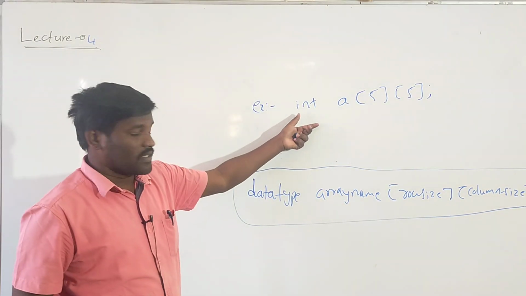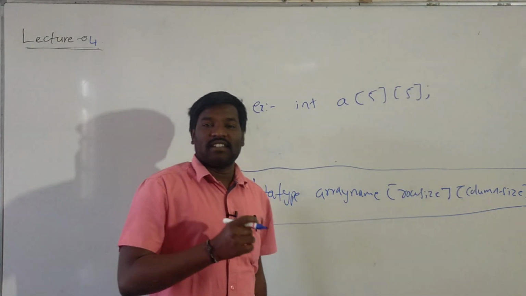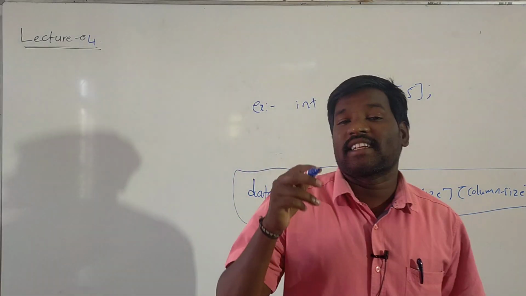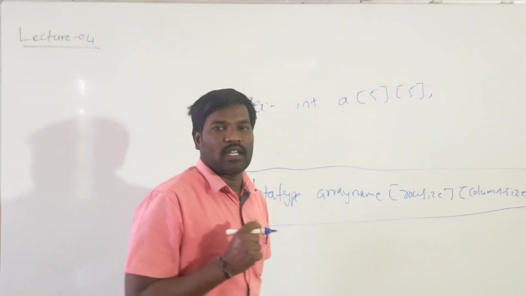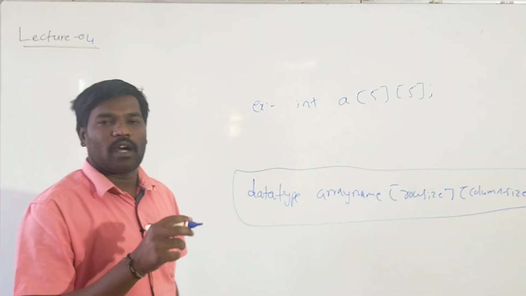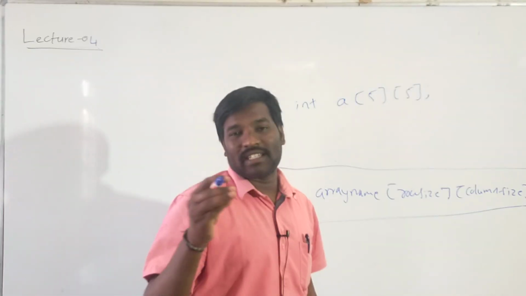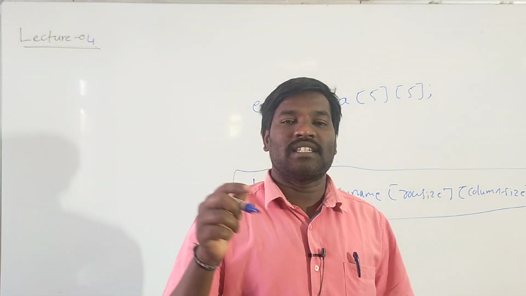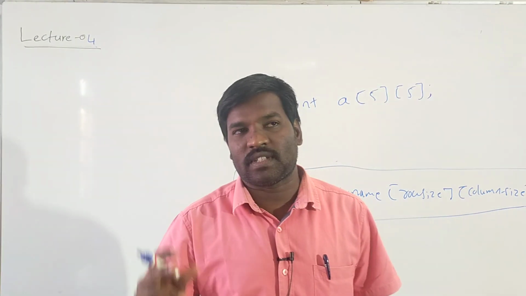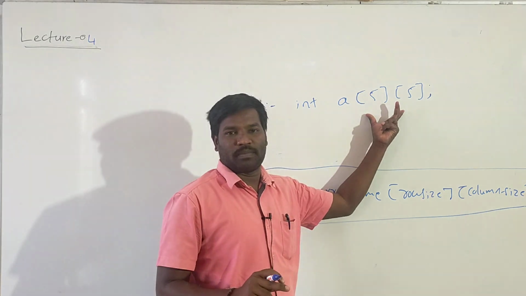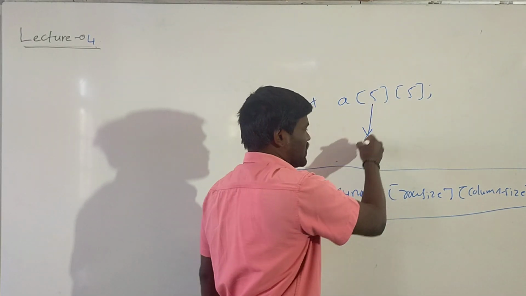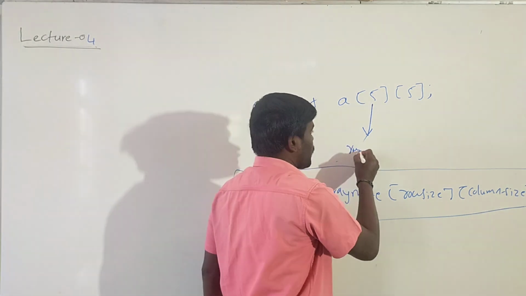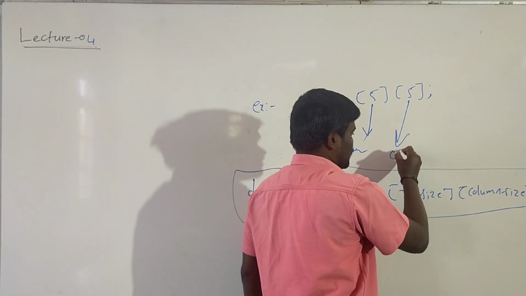Okay. So two-dimensional arrays are mainly used for solving matrix operations. Matrix means it consists of rows and columns. Whatever numbers or elements we have to enter can be stored in terms of rows and columns. That's why we take two subscripts. Here the first subscript is the row size, and the second subscript indicates the column size.